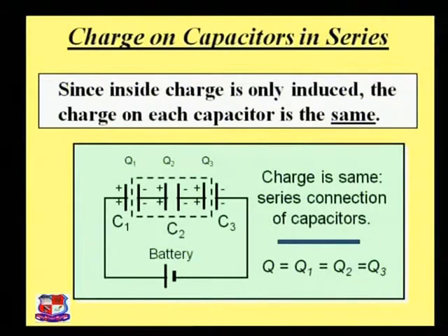In the series circuit we can see that the applied voltage is different at each of C1, C2 and C3, but the overall charge generated in the circuit is the same. That is indicated here: Q, the total charge generated in the circuit, equals Q1 equals Q2 equals Q3. So if you find the total charge Q, it is the same as Q1, Q2 and Q3. So charge will never change in a series form of capacitors. All the capacitors contain the same charge in a series circuit.